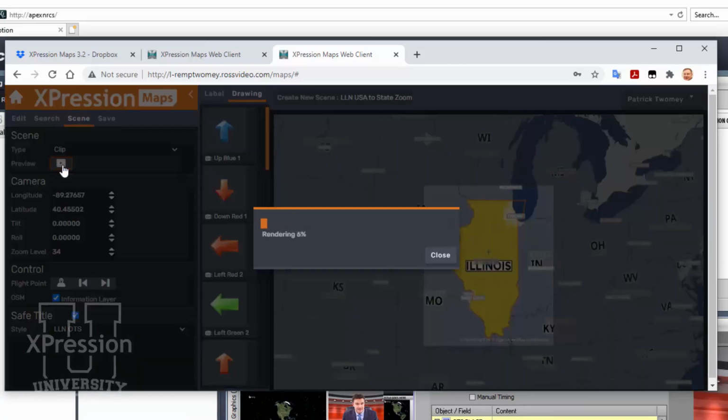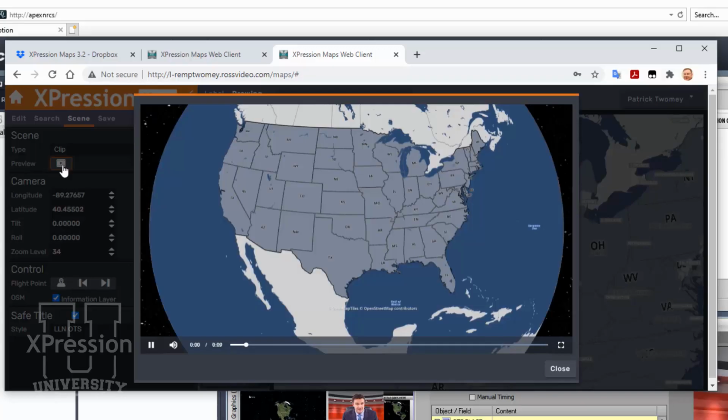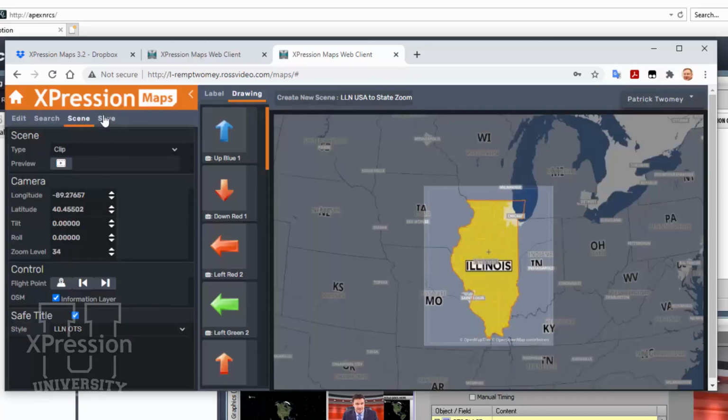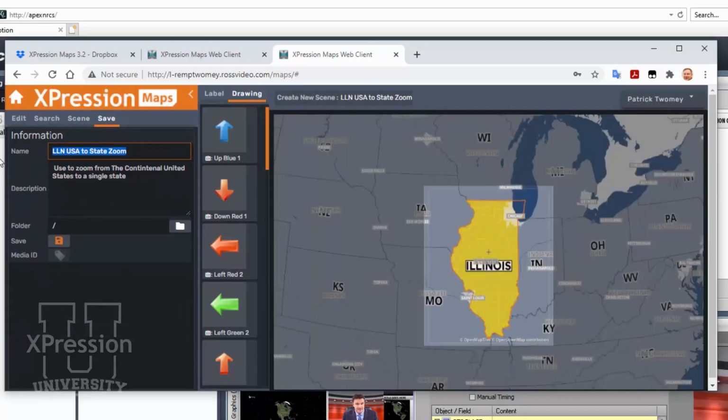I can preview that to see what it looks like, and what you'll notice when I see my preview and this renders for me, I have basically a full screen 16:9 window that's zooming into the state of Illinois. And it looks kind of odd here because it looks like it's lost. But if I go ahead and finish this up and save this map, I'm going to call this Illinois,